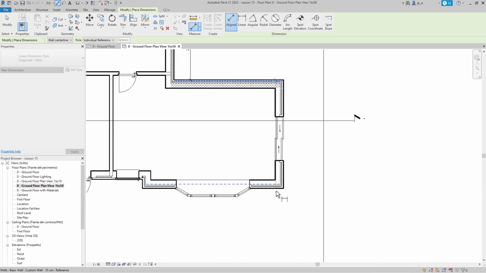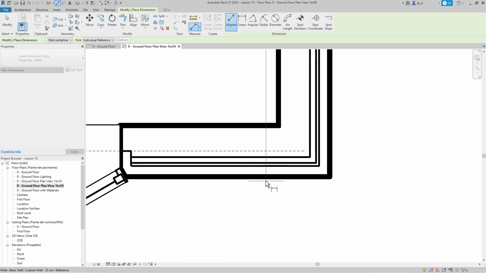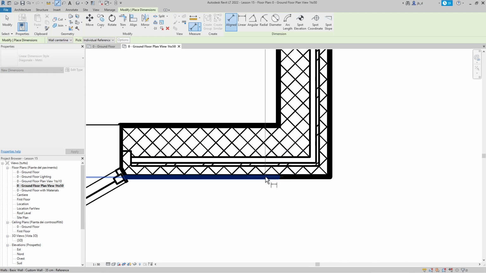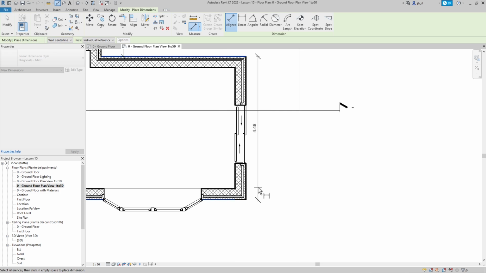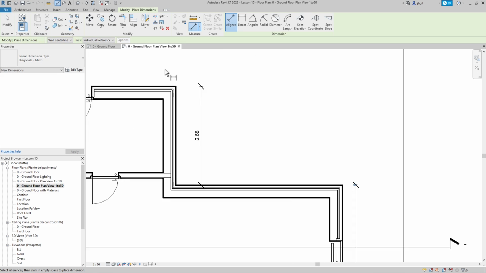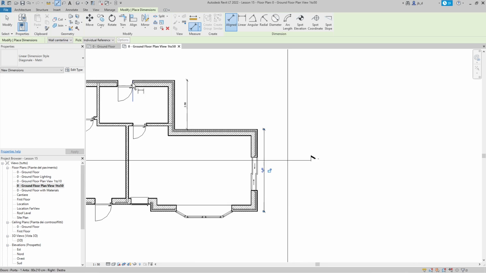So again, go here, go above that line, press tab, and when the exterior edge is highlighted in blue, I can click and create my dimension right there. So this is how it's gonna work. And usually when you do external